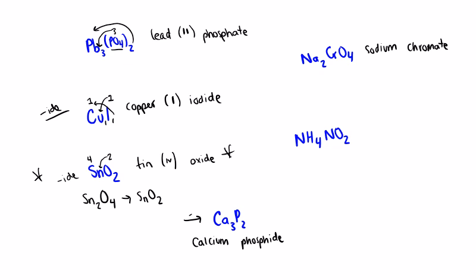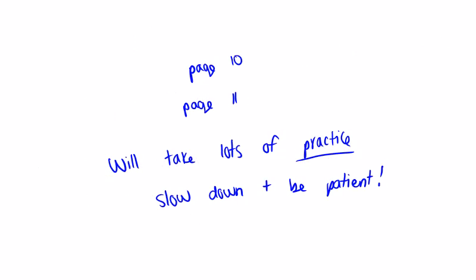NH4, NO2. These are both polyatomic ions. Okay. NH4 is ammonium. And NO2 looks like nitrate. Remember, NO3 is minus 1. So this has to be nitrite. Okay. So here to wrap up the video, if you are feeling really discouraged and you're like, I really